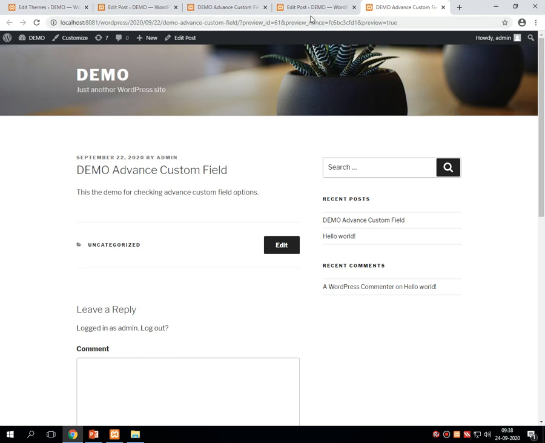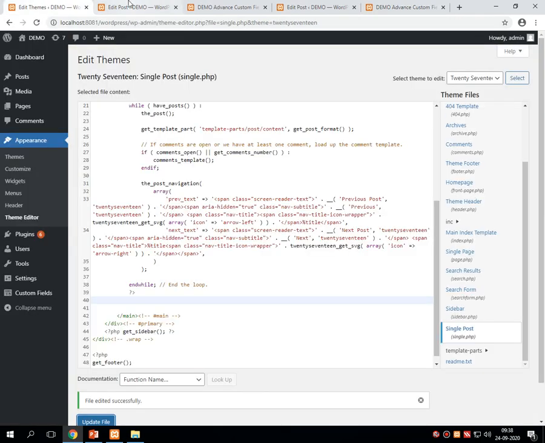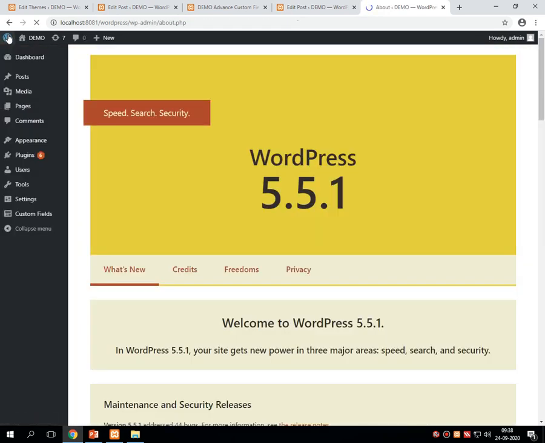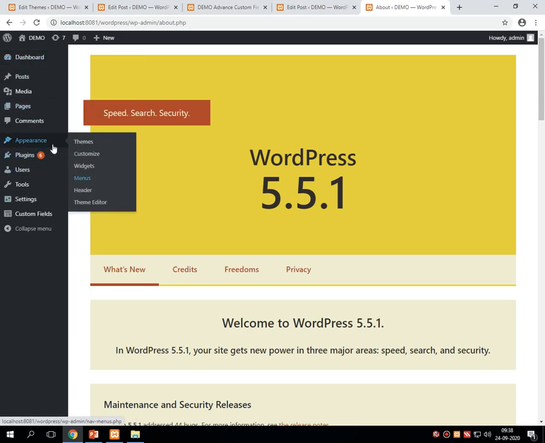For that, what we have to do, now focus. First of all, you have to go into the dashboard. Then select appearance and theme editor.